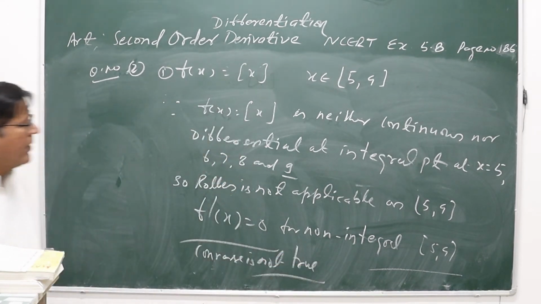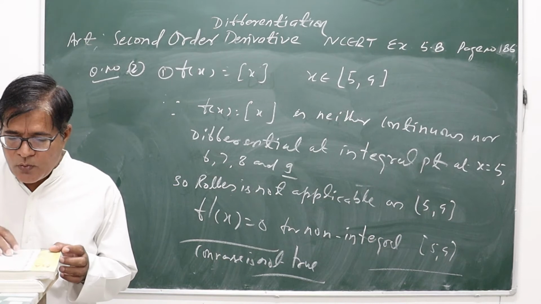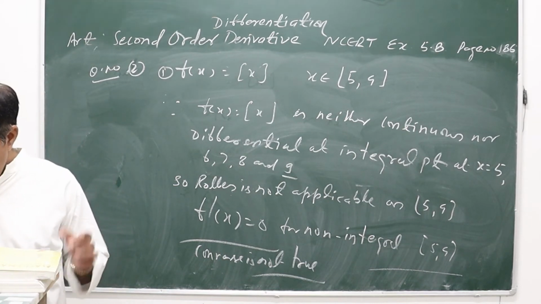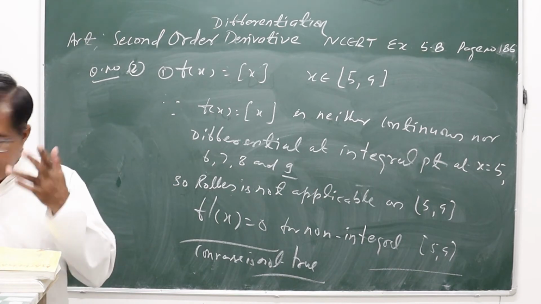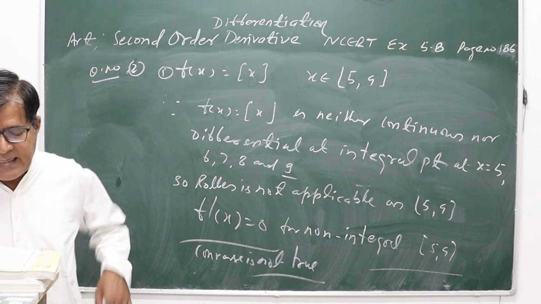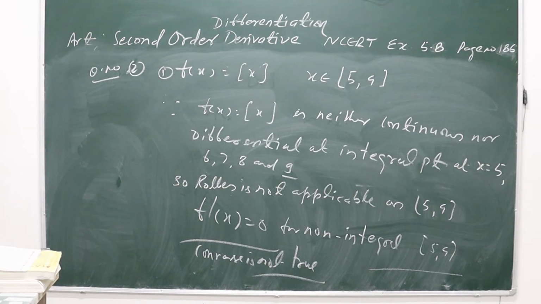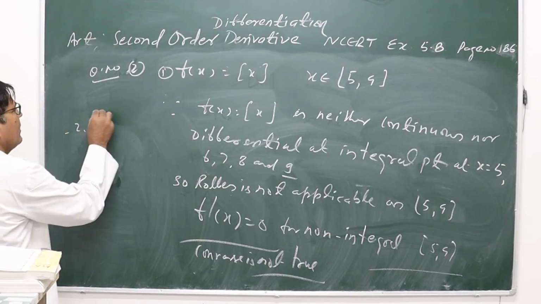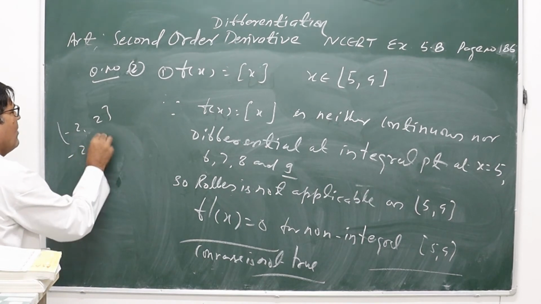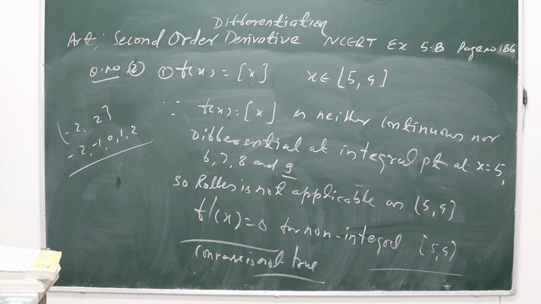So pause the video and note down. Now second question. Second question is fx is equals to again greatest integer function दे रखा है -2 से 2 पर। So again greatest integer function is neither continuous nor differentiable on the integral point. -2 से लेकर +2 के बीच में इंटीग्रल पॉइंट कौन कौन से होंगे? -2, -1, 0, 1 and 2। तो इन all 5 इंटीग्रल पॉइंट पर फंक्शन ना कंटीन्यूअस होगा और ना ही डिफरेंशिएबल होगा।